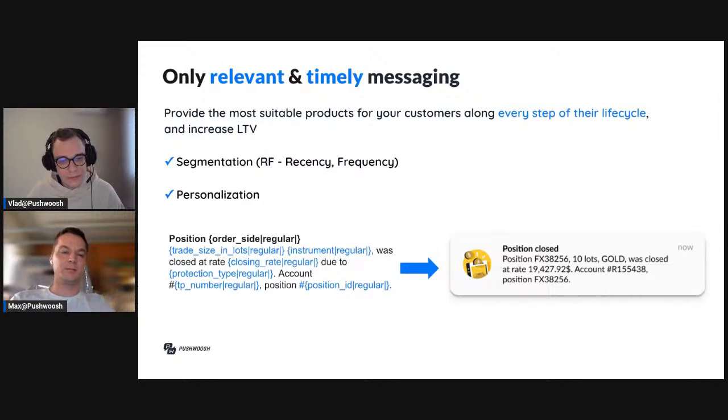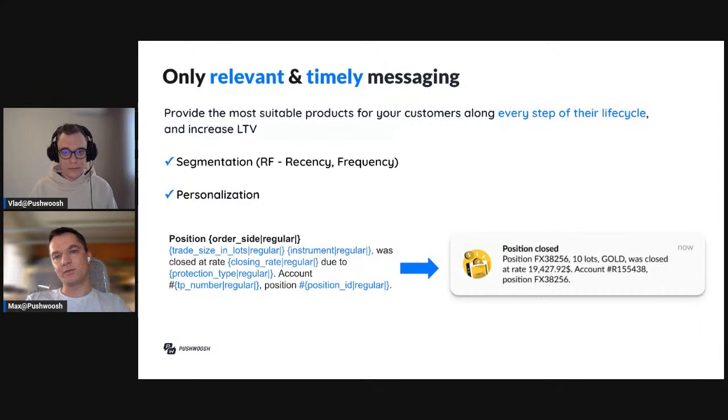And not only about segments. Well, in Pushwoosh, it is possible to provide information about the most suitable and relevant products for finance application users along every step of their life cycle, their customer journey, and increase important metrics with our segmentation and personalization capabilities.